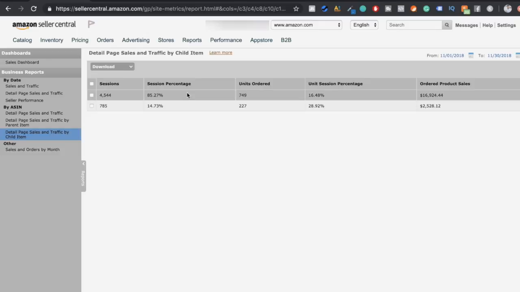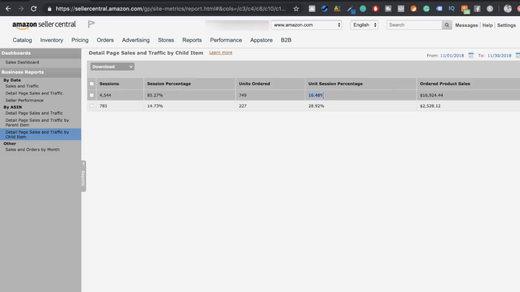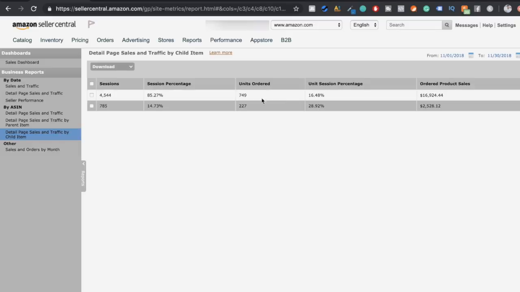And I'm going to show you guys exactly what you could do now to really expedite this process. There's two main reasons why your product isn't selling. One of them is your conversion rate, so the session percentage is too low and not enough people are actually wanting to buy your product. So it's just not desirable enough. And the second issue is like this one, where there's just not enough traffic coming to the listing. So yeah, 30% of the people are buying, or nearly 30%, but we just don't have that many people coming